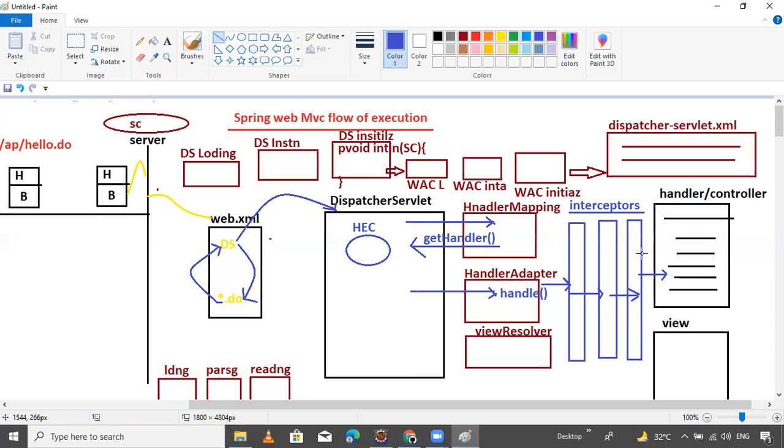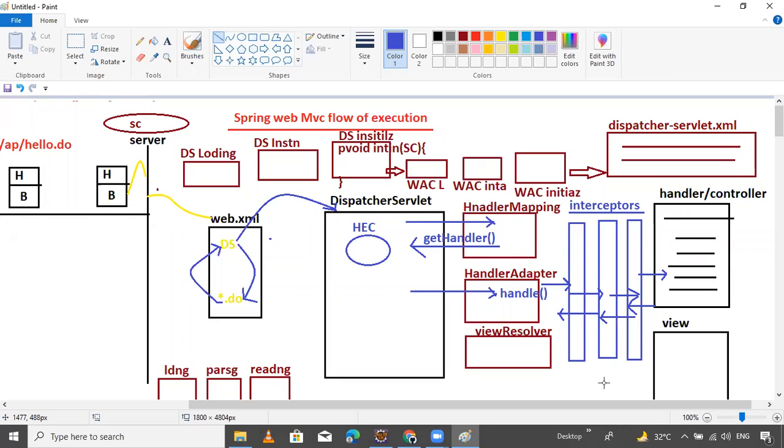Okay, guys. After executing the business logic, the handler classes will return the model and view object. Return back to the handler adapter.